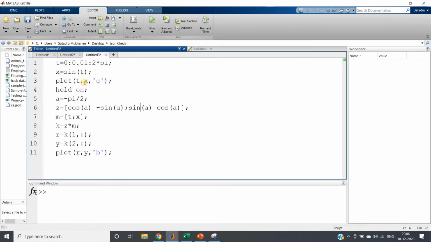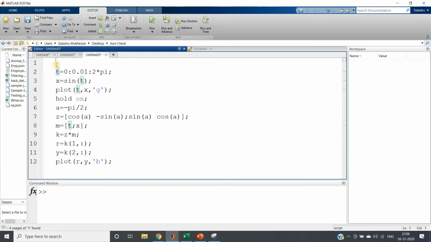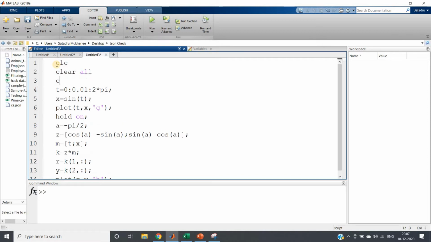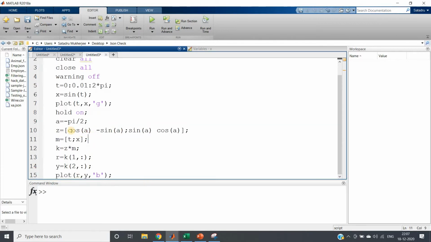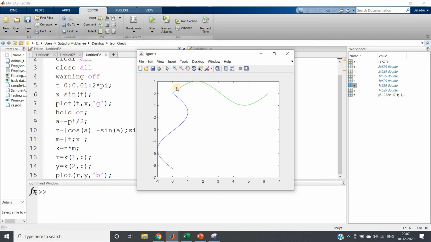What we can do? First, we need to create such data which looks like an oval shape and has some rotation. So clc, clear all, close all, warning off. This code I have taken from the video where I have discussed how the rotational matrix works. I hope you have seen this particular matrix if you have gone through a robotics and automation course or applied linear algebra course in your BTech. So let me just show you the working of this rotational matrix. This green one is my actual sine signal. After rotating by minus pi by 2, we were getting this particular blue signal.